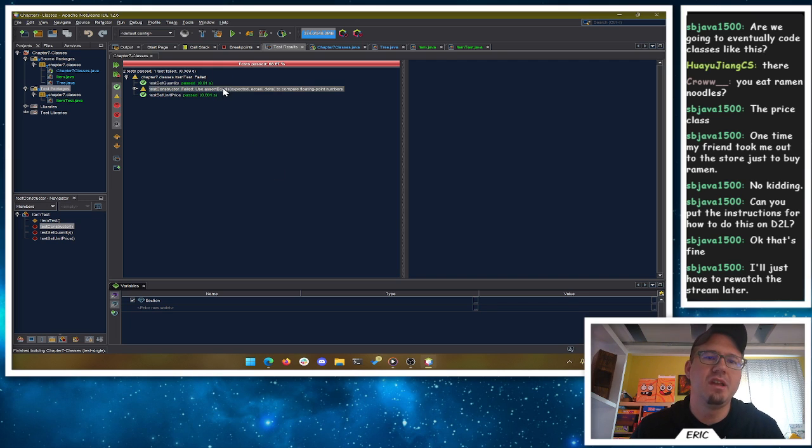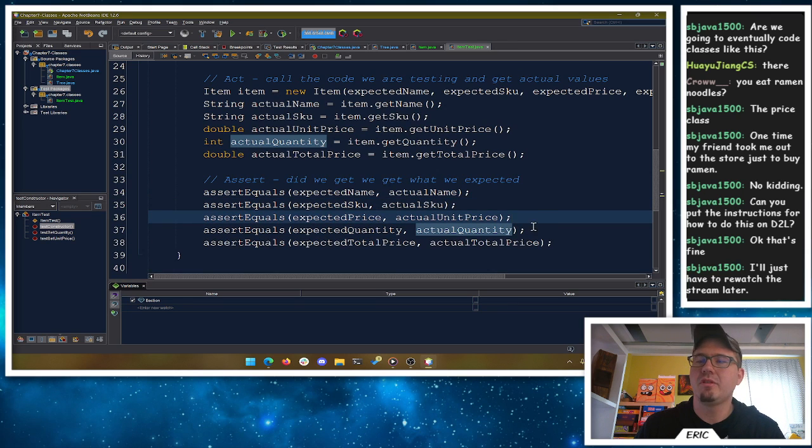Oh, it fails. So remember when we talked a while back about how Java is bad at arithmetic with floating point numbers, with doubles, and sometimes you get that trailing millionth decimal place somewhere? So when we're asserting equals on floating point numbers, you have to give it something called a delta, which is how close is close enough.